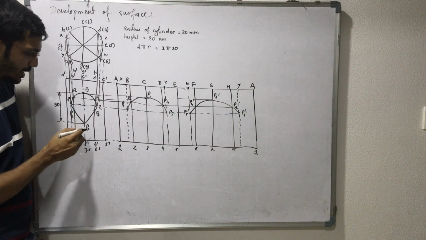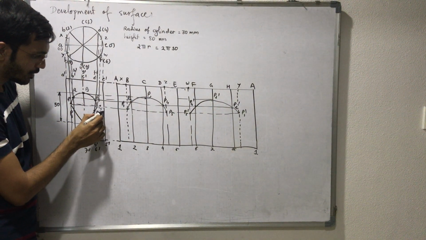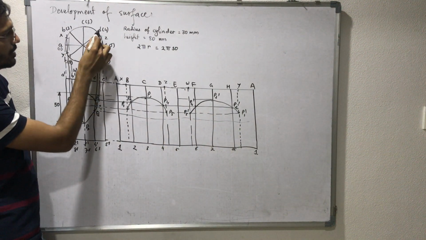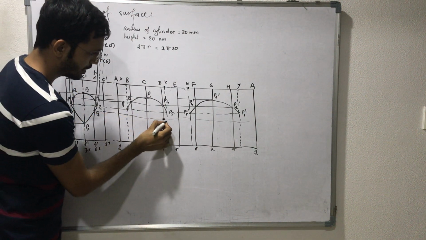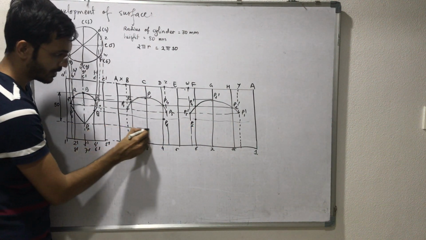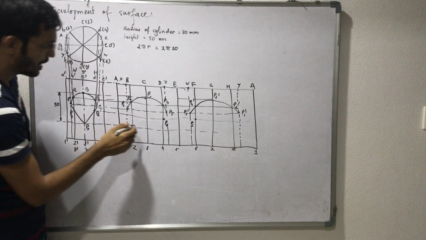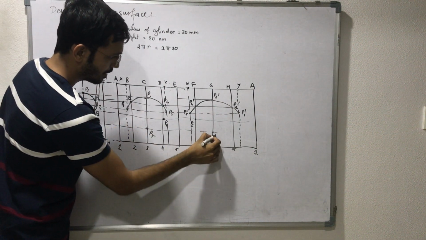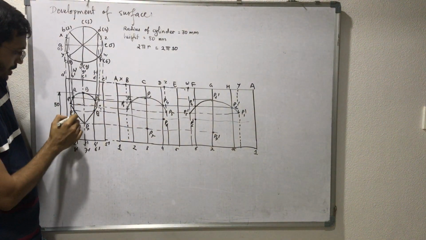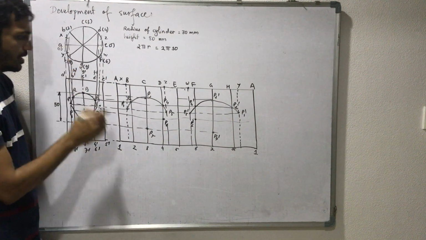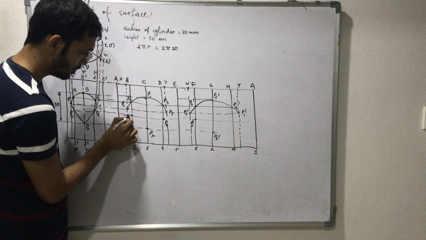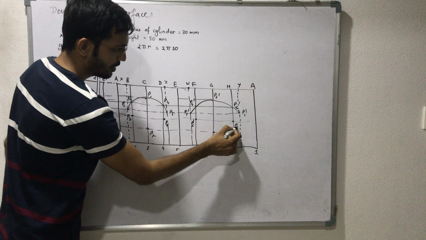Now for the line, it will be P6. So extend this P6. Where is P6? When you see, P6 is on D and F. So over here it is P6 and on F, P6. P7: when we extend P7, where is P7? C and G. So P7 and P7 dash. Likewise P5 and P6 are on the same line, but P8: P8 is on B and H. So where is B? Yes, over here. Sorry, this one is B, P8 and H, P8 dash.